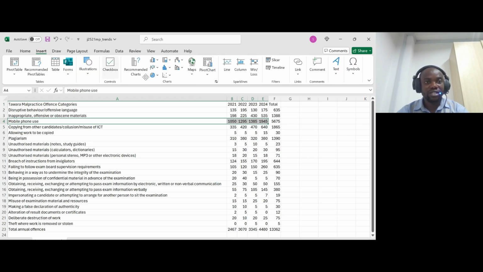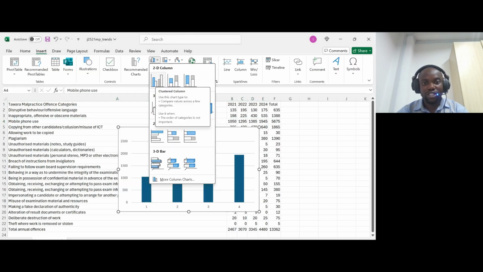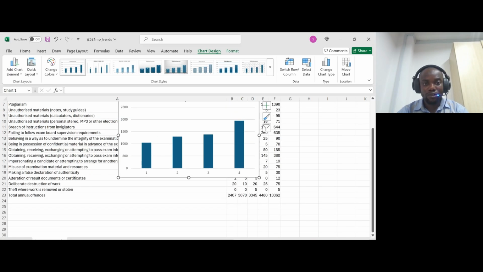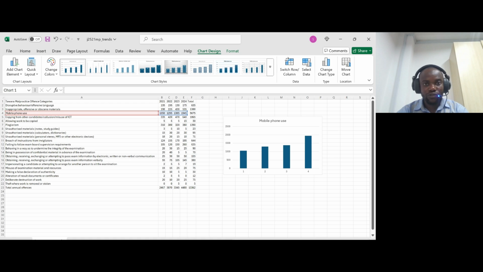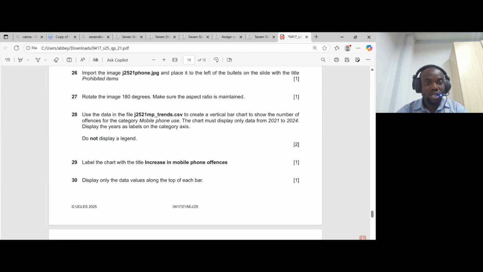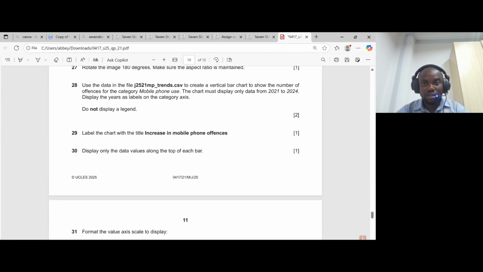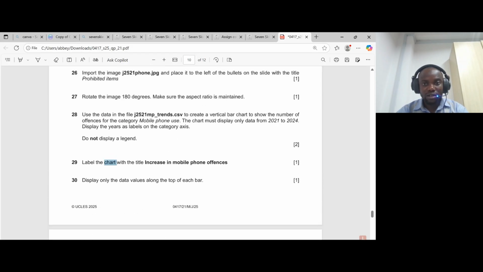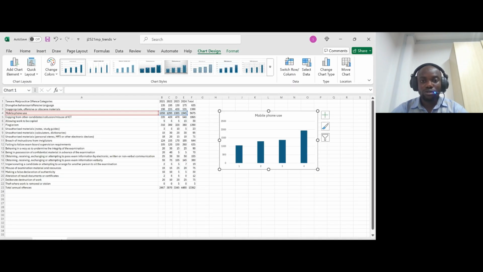Now click on insert and click on chart, and this is bar chart. It looks like this. All right, but it doesn't look nice. We are going to fix this in a moment. Now the next question says label the chart with the increase. Okay, before we continue, you see that in this chart we have the value axis and we have the